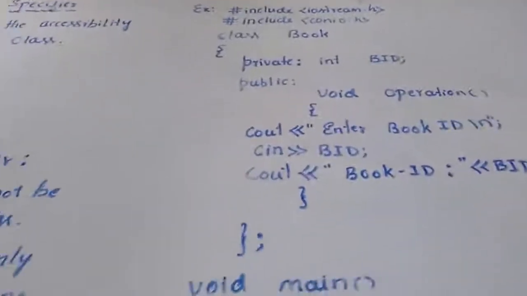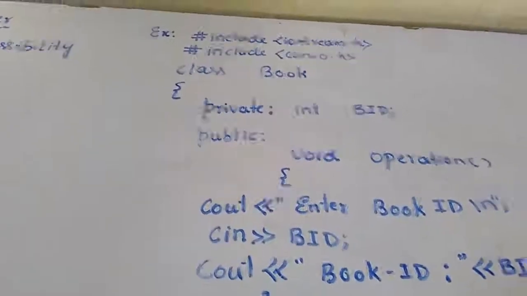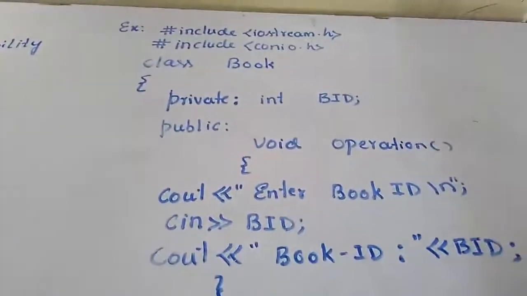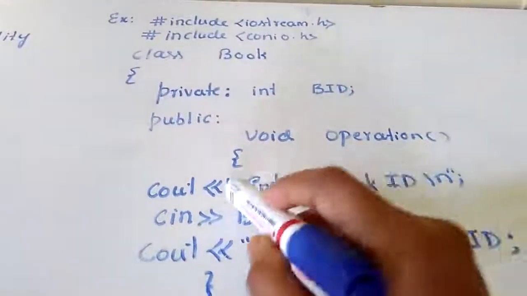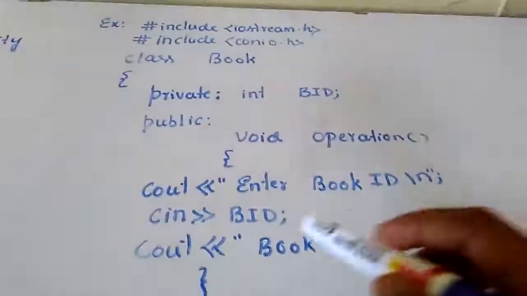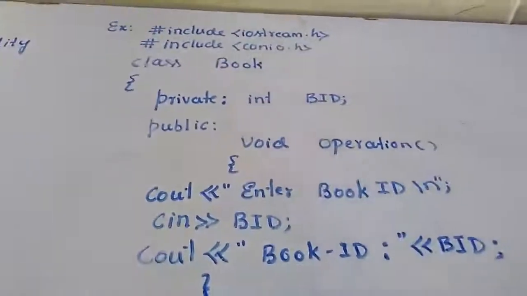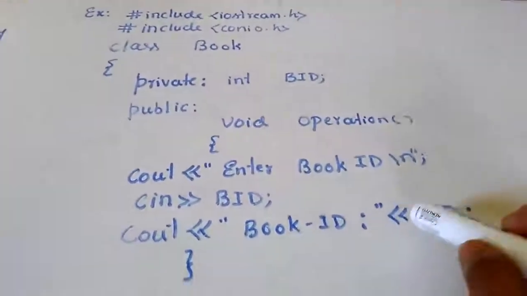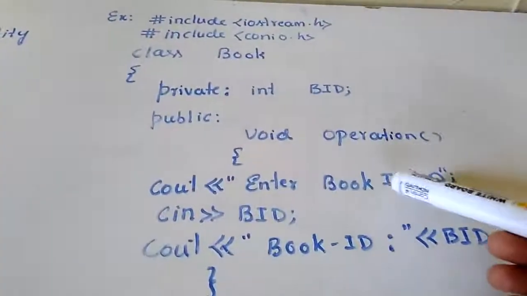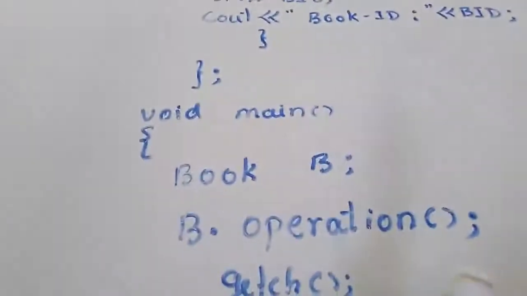As per the rule, private members cannot be accessed outside the class. Our intention is to read data into this data member and display it on the screen. In order to read data, we have written an instruction in the operation function, and to display the content on the screen, that instruction I have also written inside the function. So unless you call the function, it won't execute. You have prepared everything here, but you have to execute it. You have to call this function. From where do we have to call? Always execution starts from the main function, isn't it?